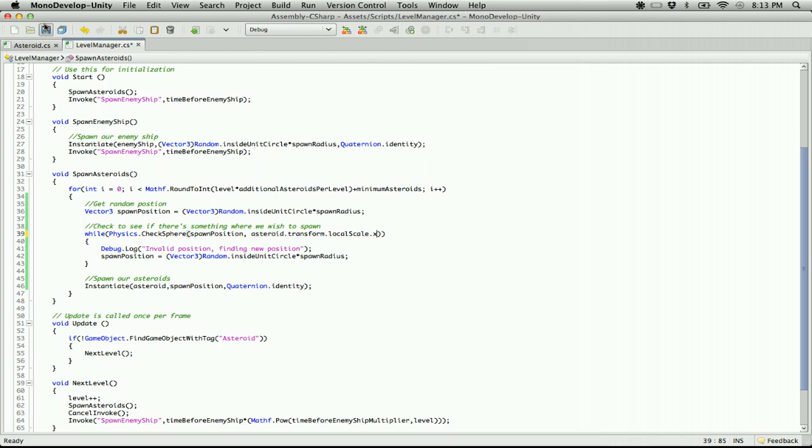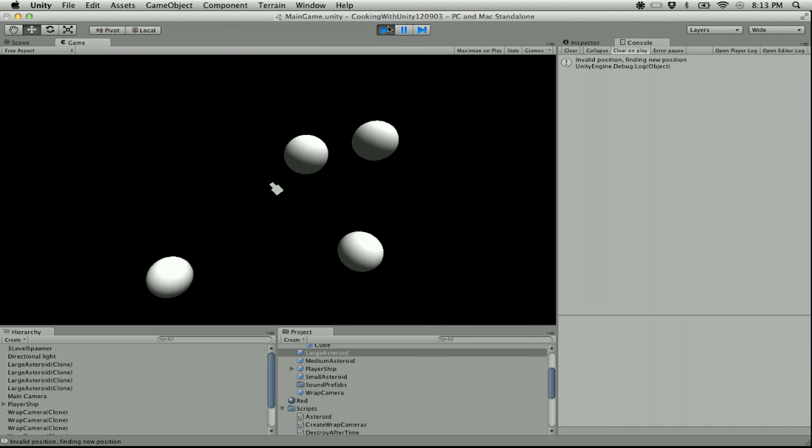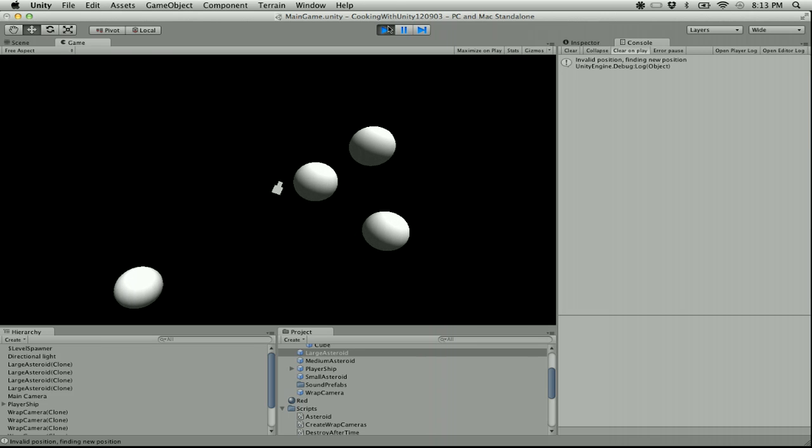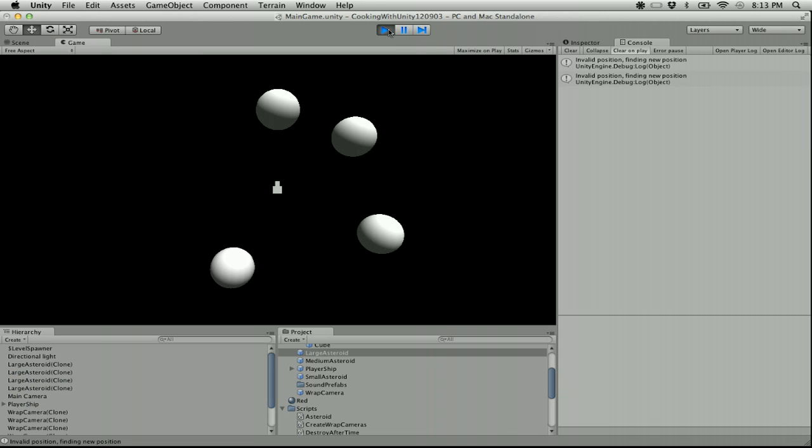Let's just do that. Let's see how this actually looks. Because this means they won't be right next to each other either. We'll probably see this print a lot more now. Okay, it only printed once. But they did seem further apart, but again, I think debug logs, if they're the same statement, only print once